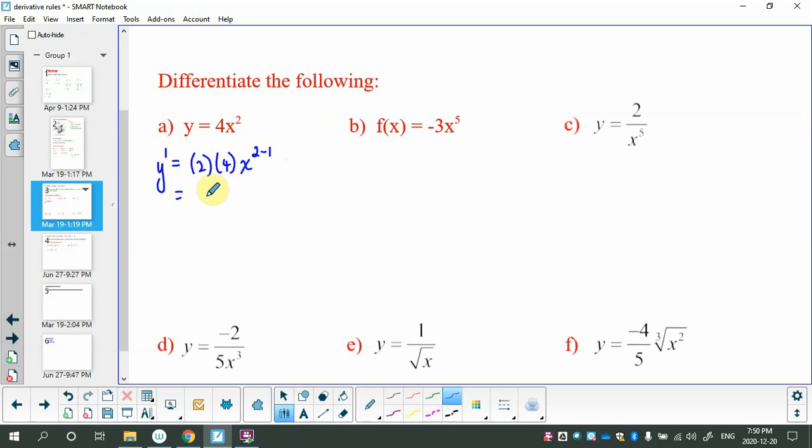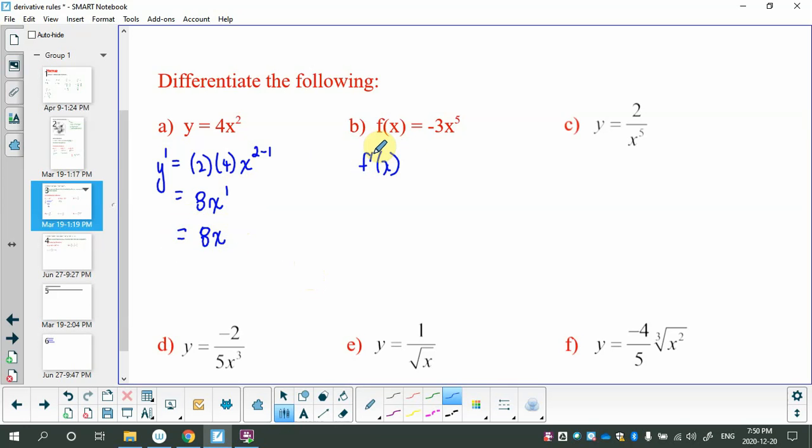Now, no, you don't have to go through all that work if you can do 2 times 4 in your head and get 8, and if you can do 2 minus 1 is 1 in your head, and the best answer is that. I'm going to go through these steps each time, knowing perfectly well that if you wanted to go straight to that, it's fine. So next one,